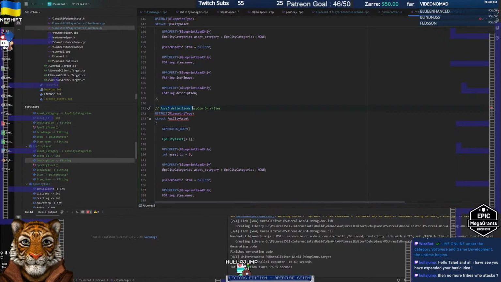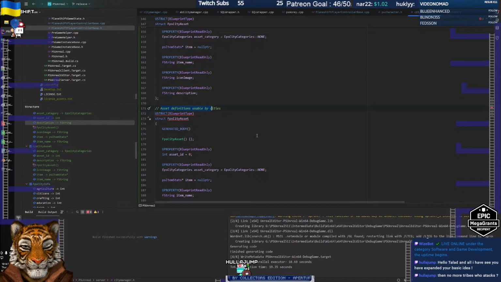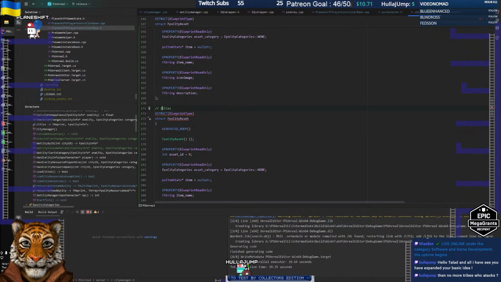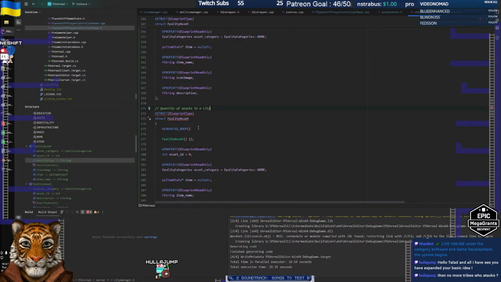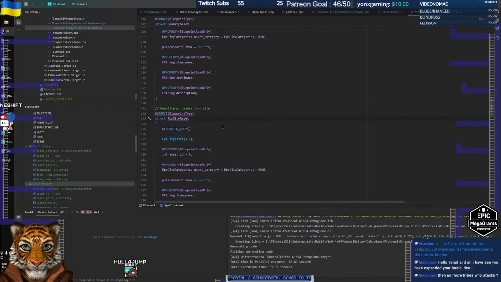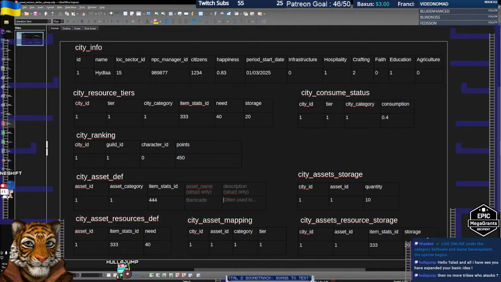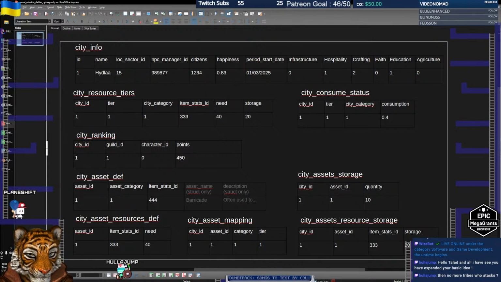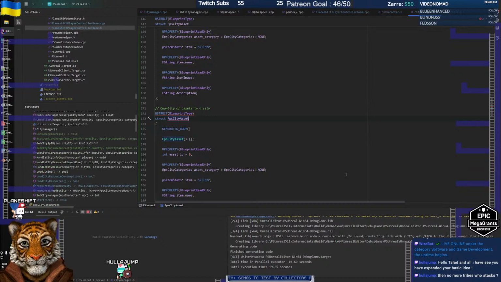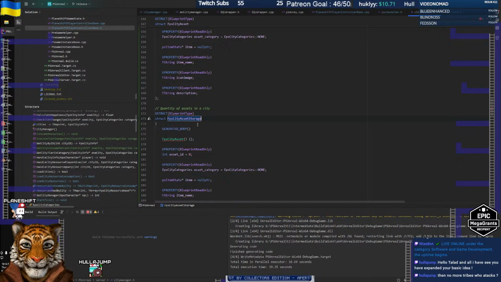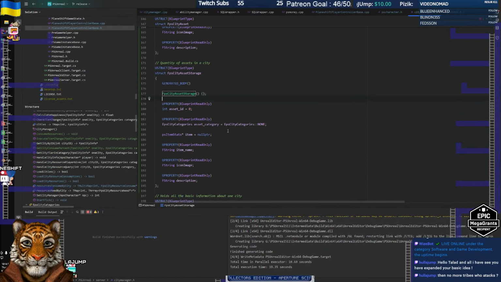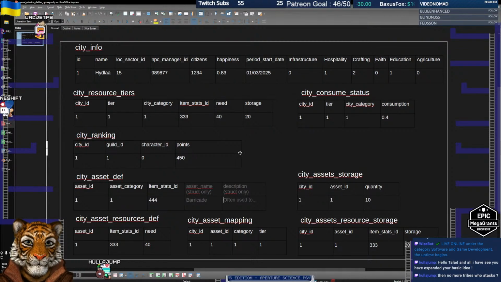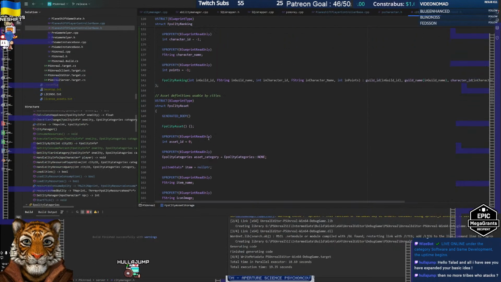So this is the storage. Now let's say quantity of assets in a city. And it is called city asset storage. Okay. It's called city asset storage. And this one has the city ID, the asset ID. Now the city, we just put directly